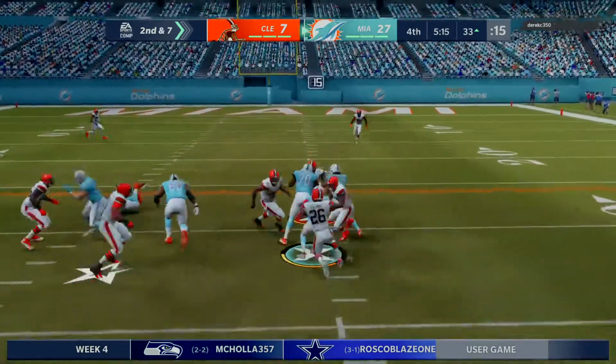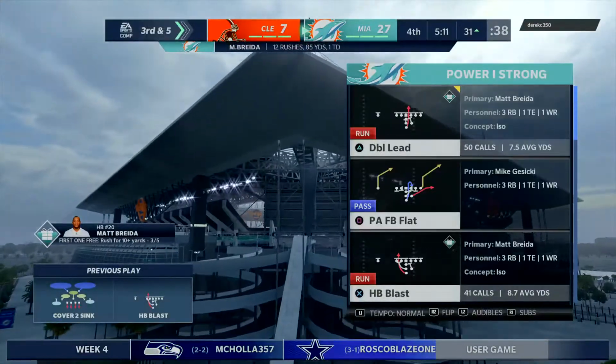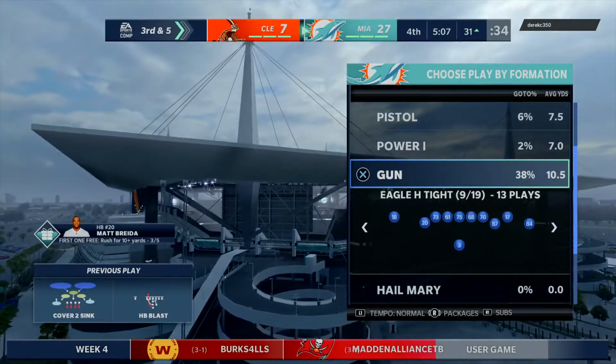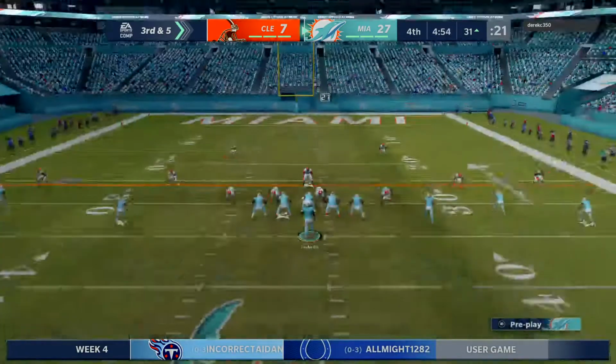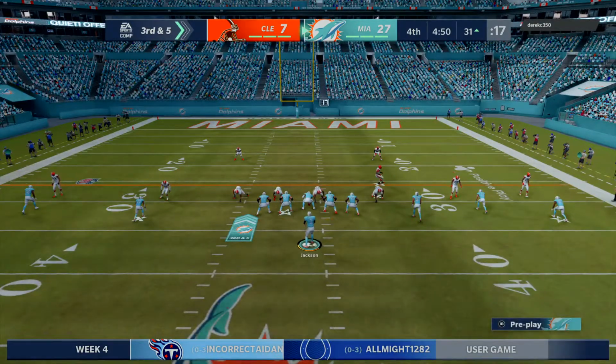They run again with Breida. And he'll get this down to about the 30, 31-yard line. Call it a gain of a couple, and that's going to leave him with a 3rd and about 5. Just not a whole lot of room to operate there on that carry. No, not at all. They did a really nice job staying in their proper places and not allowing any